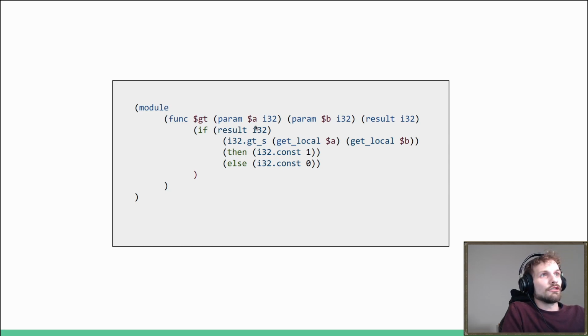And then let's look at the implementation. We first get the condition. So this is the greater than machine instruction, which compares these two. And then if this is true, we take the then branch. If this is false, we take the else branch. And these are our 2 branches. And since we said both need to produce one value on the stack, that's exactly what we do in these branches. So the then branch produces the constant 1. The else branch produces the constant 0 on the stack.